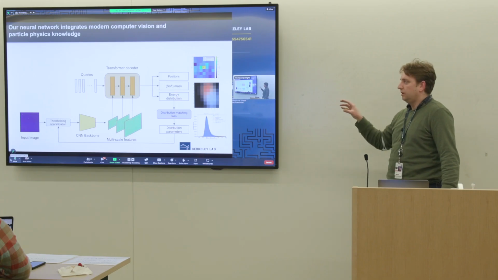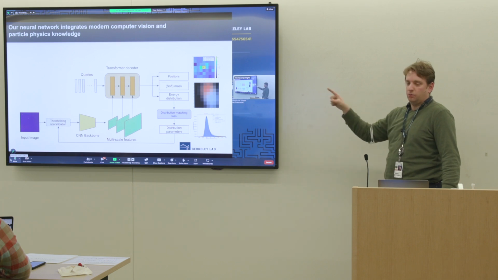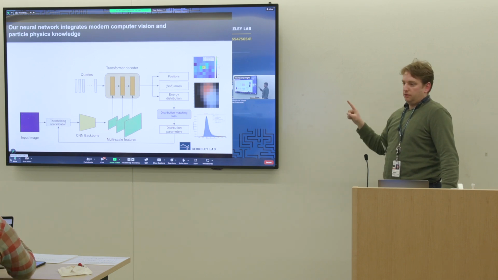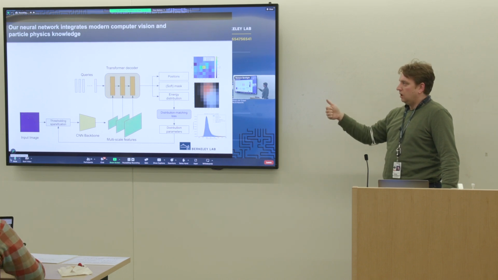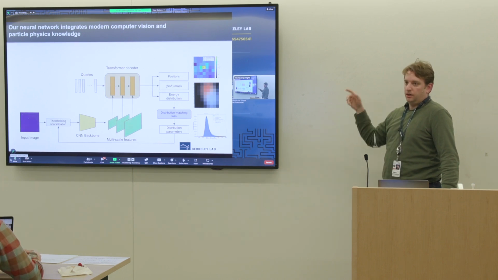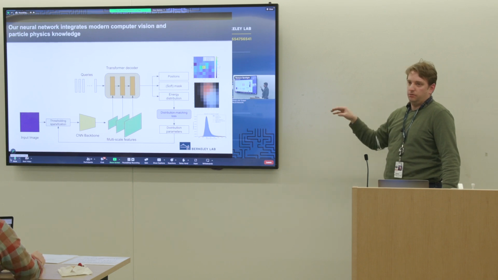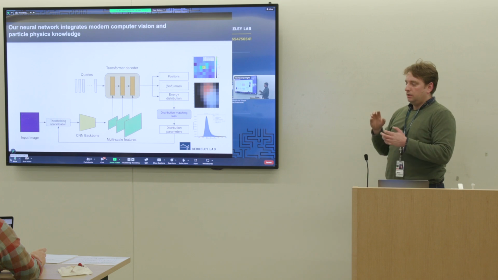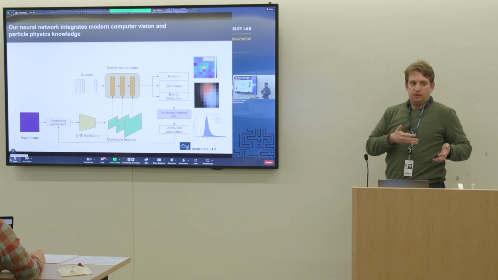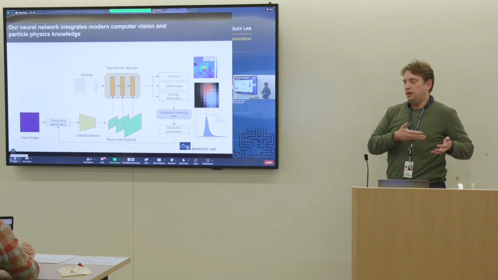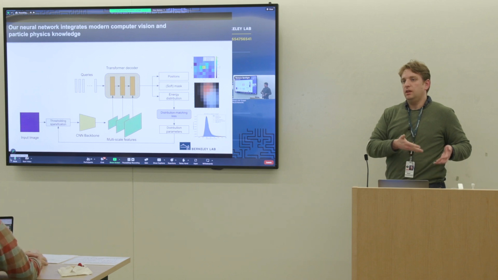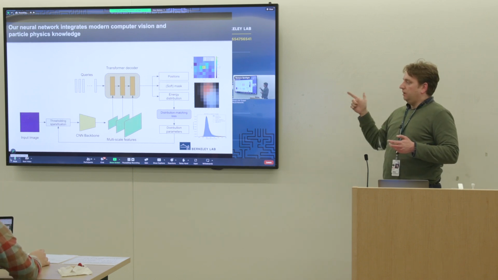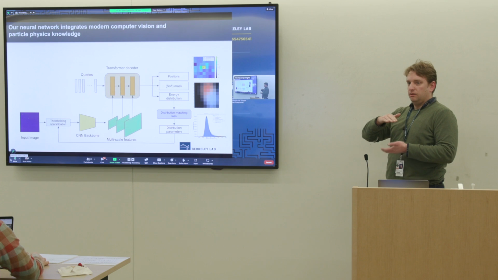Basically, the way this works is that we start out with a series of query vectors. The transformer learns to associate each query vector with one of the electrons in the input image. That's what we trained it to do. We trained it with a bipartite matching algorithm to associate each of these queries with one of the instances of electrons in the image. Once we have that, for each query vector, we have a feature embedding relating to each individual electron,